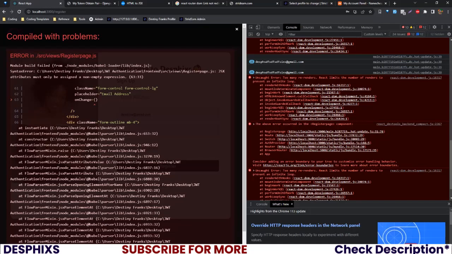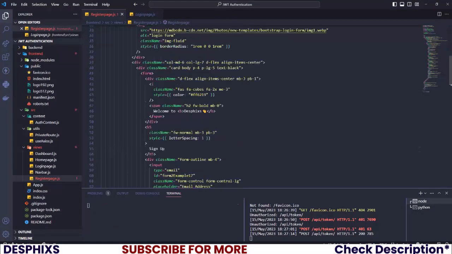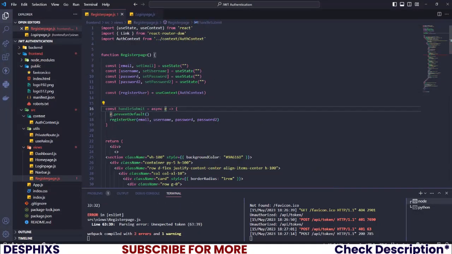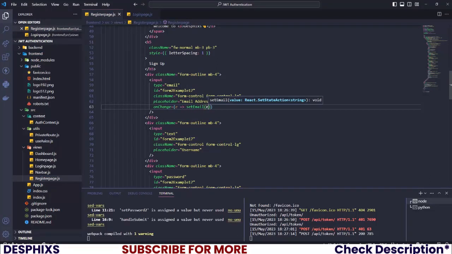Okay, so whenever there is a new character or a new word, the input is changing. So onChange of the input, what do we want to do? We want to go ahead and call E. So E over here is pretty much this parameter that we're passing in here to access whatever we pass into this form. Okay, so we're gonna say E. So what we're trying to do now is create an inline function. Okay, but let me write out the code and I'll explain. So we're gonna say